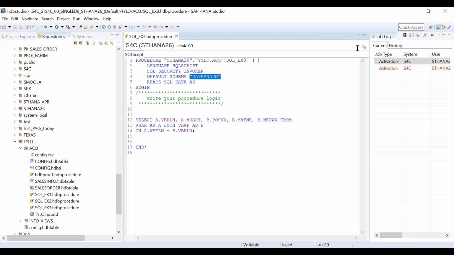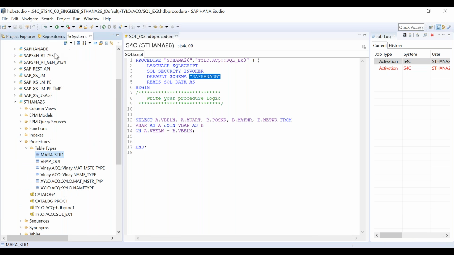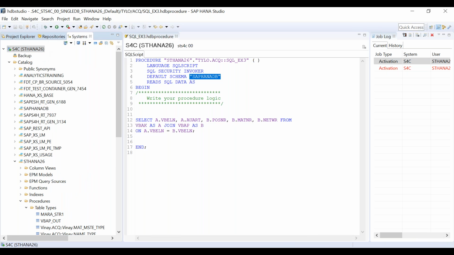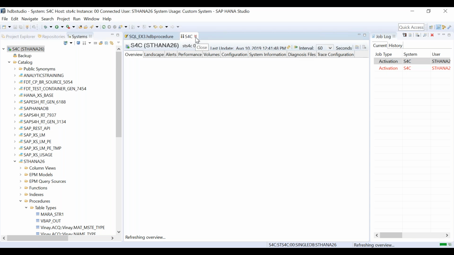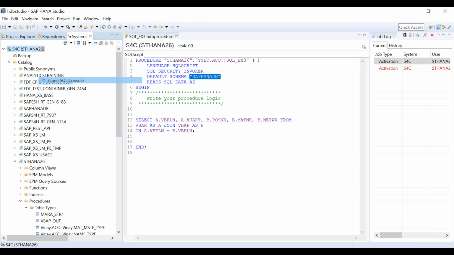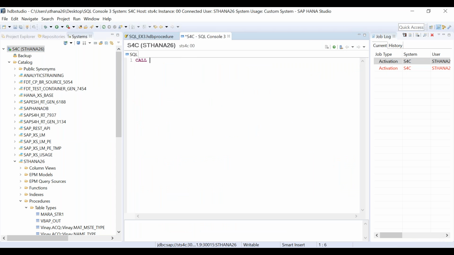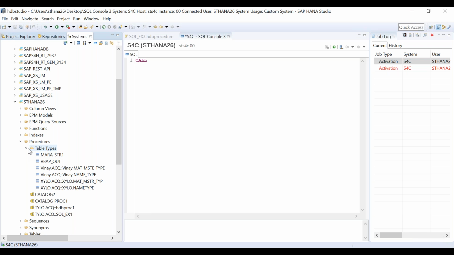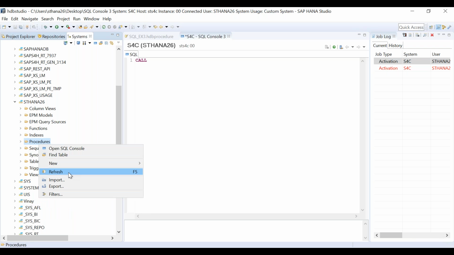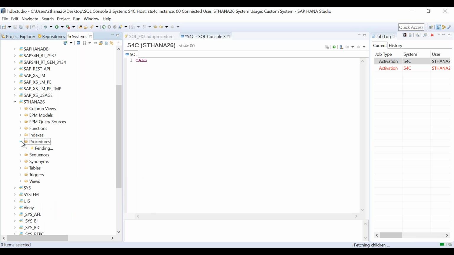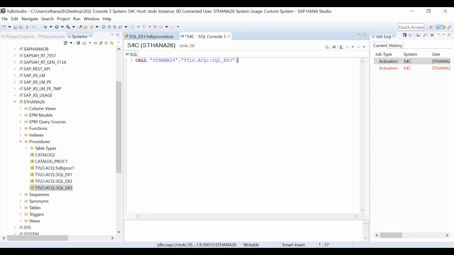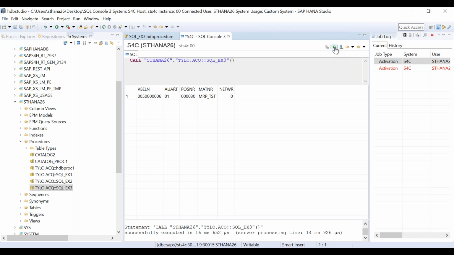That's it. Now you go to your HANA console to execute this. Right click. One minute. I double clicked. Right click and HANA console. Call what? Call my procedure. Where is my procedure? This is my procedure. Refresh it so that the new procedure name also comes here. Number 3 is this. Do we have any input parameter, output parameter? No, nothing, right? So it will be blank only. Now you execute it.